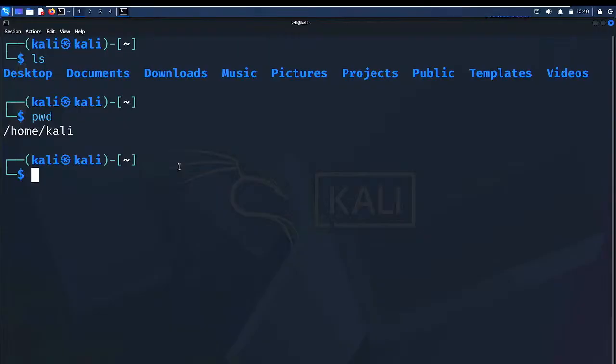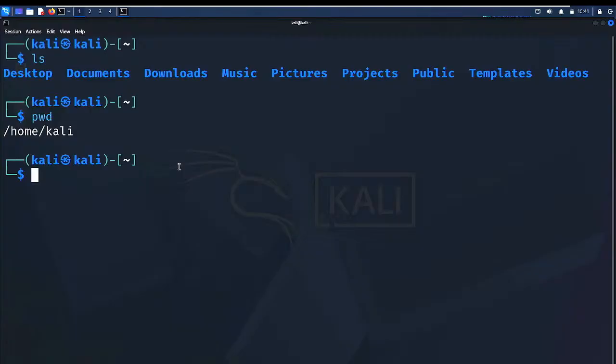Then enter. Now it tells me I'm in a home directory and my user is Kali. You see this Kali, this is my username, and this is my machine name. So when I did print working directory, it tells me I'm in home and the user Kali, right?